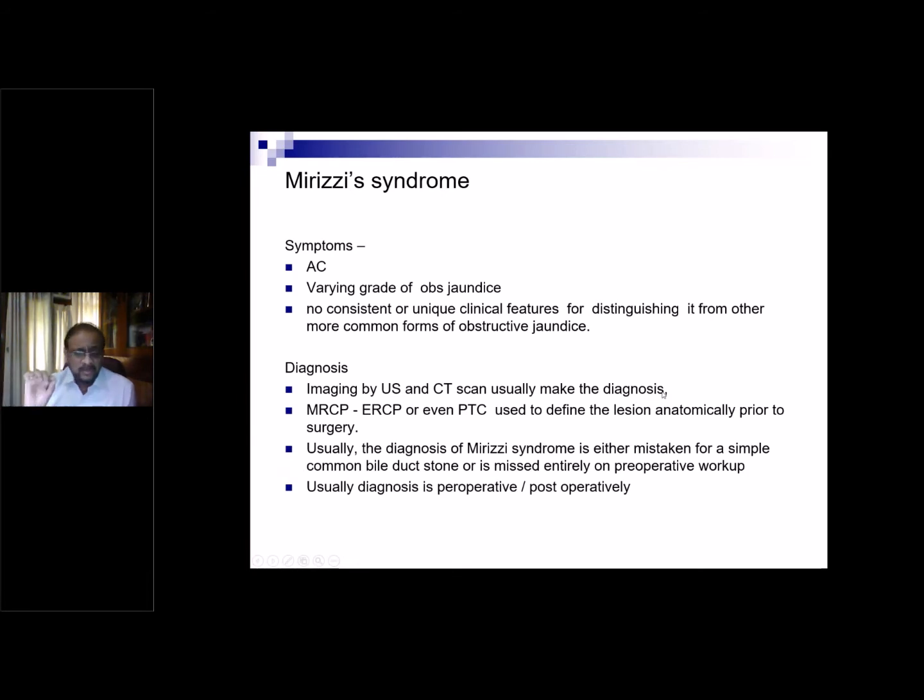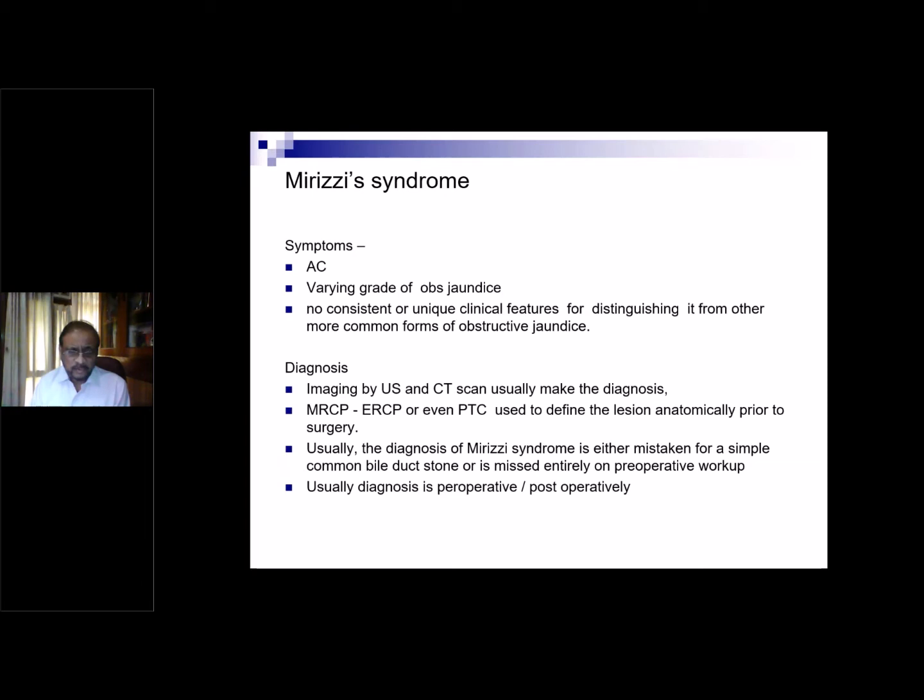It's very difficult to see the fistula in these diagnoses. But MRCP or ERCP or even a PTC, they can define the lesion anatomically prior to surgery. This is now the new addition. So if you have the MRCP, or you go from below with ERCP, or you come from the hepatic side with PTC, in either of the three methods, you may, again it is not 100% diagnostic, you may be able to see the fistula